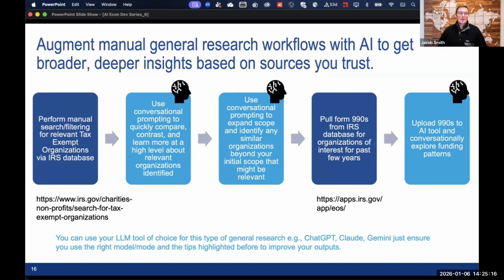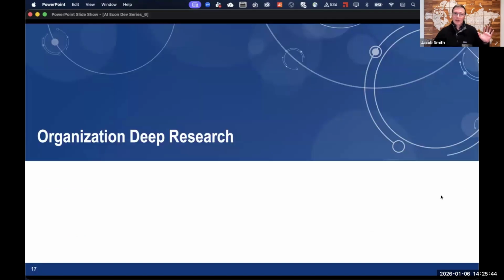And instead of reading through the joyous long tax documents that are there, you can use AI to help query those to get the information that's specifically of interest to you and learn more about what these organizations are funding, what the amounts of that funding might be, when that funding occurred, and who are the other stakeholders that are receiving that funding. So that's the high-level general research process.